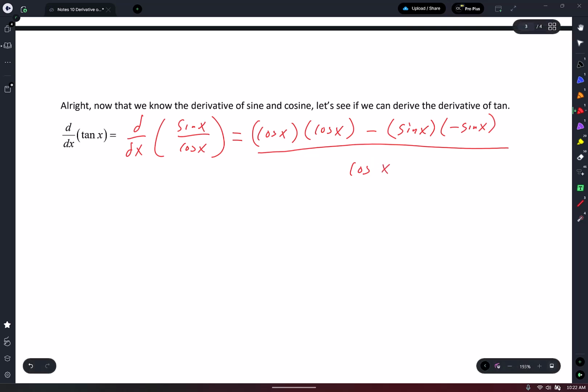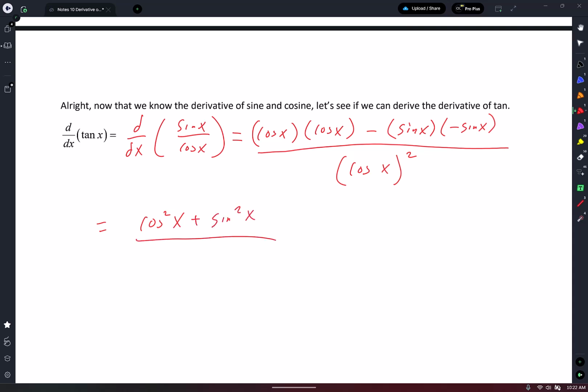or you can say cosine x in parentheses with a square on the outside. It doesn't matter, they're both the same, guys. Don't freak out. Are we still okay? All right, let's simplify this. What's cosine times cosine? Cosine squared x. Negative times a negative is a positive, sine squared x, all over